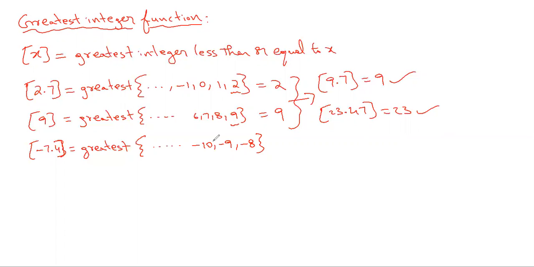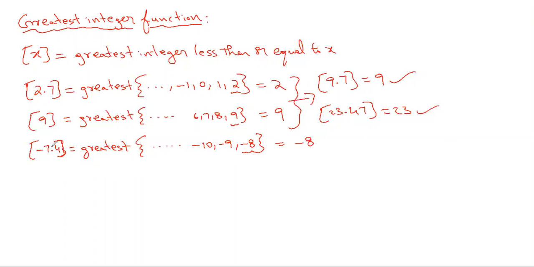Right? So -2 is greater than -10. -2 is greater than -3. But magnitude wise, -2 has lesser magnitude too. Like that. So the lesser number than -7.4 will actually have more magnitude than 7.4. All these integers which are having more magnitude than -7.4 will come. And the greatest among all those is -8.